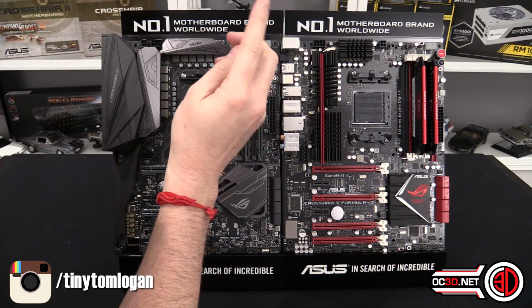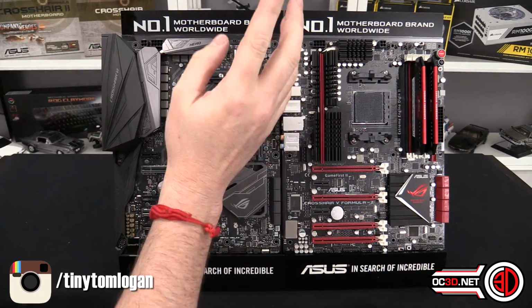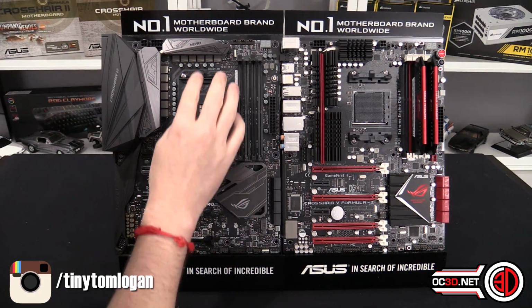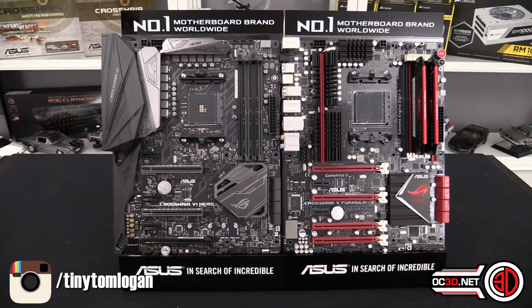If your CPU cooler needs you to take these black parts off and bolt it through the board, then you're going to need a new one. Unless you buy the Crosshair 6 Hero, because you can take these off and it's got the screw mounts for the AM4 and the AM3 on there. It works with both. None of the other motherboards that are available on the market at the moment come with both of those. That's something I've had loads of questions on from the preview videos that I've done online, asking me whether it supports AM3, and with the other brands, none of them do at the